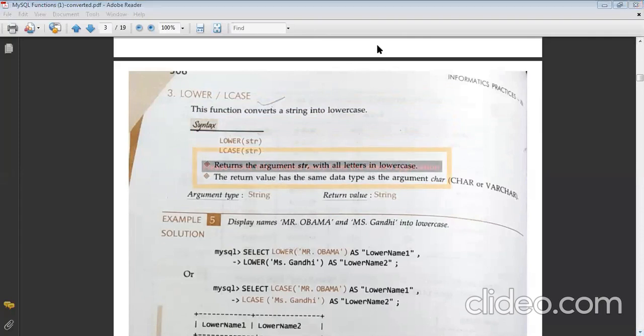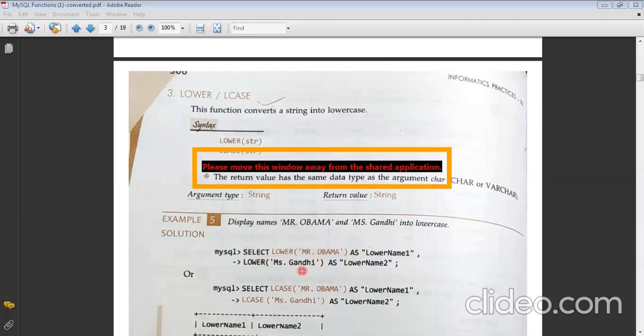The string is Mr. Obama, so select lower Mr. Obama. As this is not required for now, just omit it. So select lower Mr. Obama and lower Ms. Gandhi. So it will just put your output as, let me show you on the console itself.